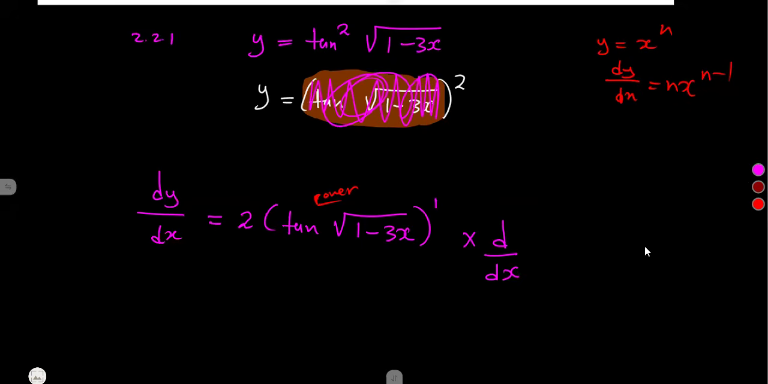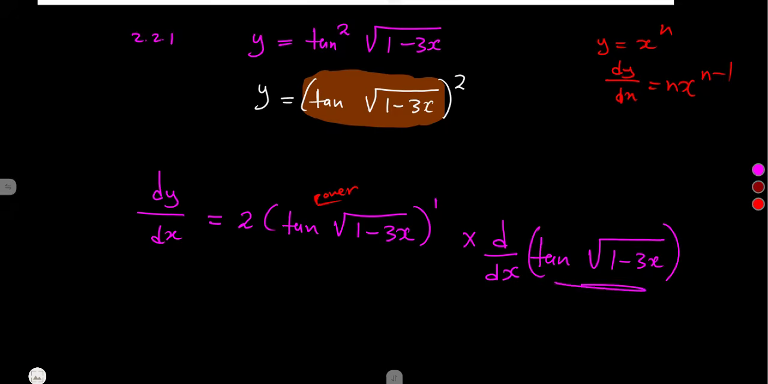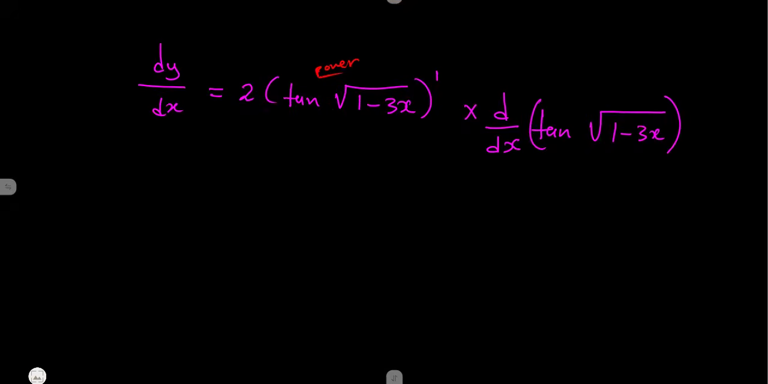You were concentrating on the power. Now, on this as it is, what is it that we are seeing there? It is the tan of the square root of 1 minus 3x. This is what you're given, guys. You're supposed to differentiate this. So the question is, how do we differentiate this? Guys, it's a new question, this one. If they can give you this one alone,